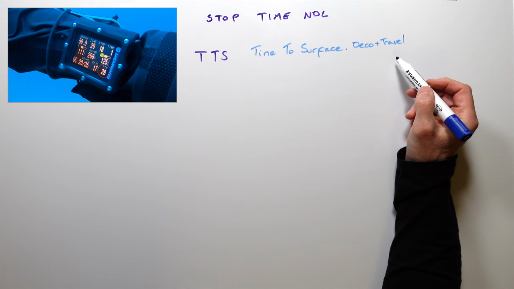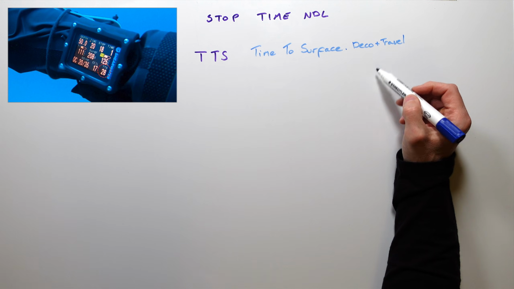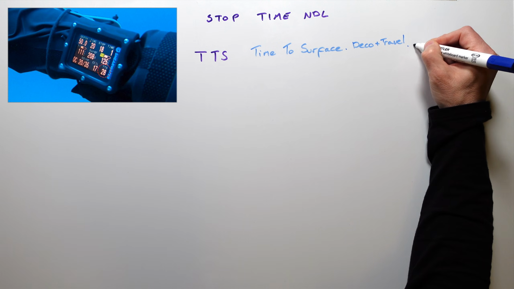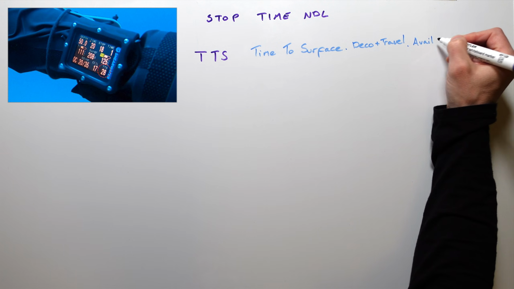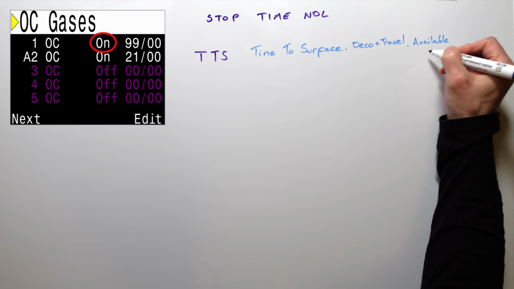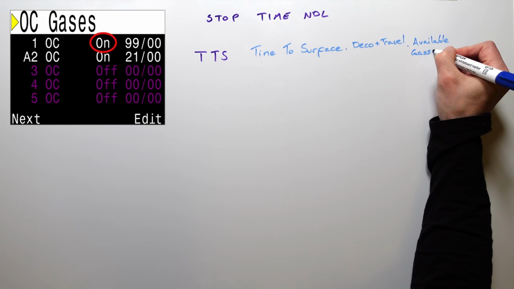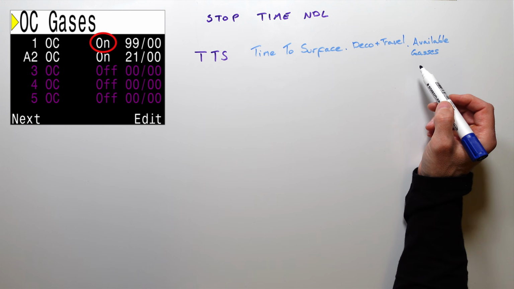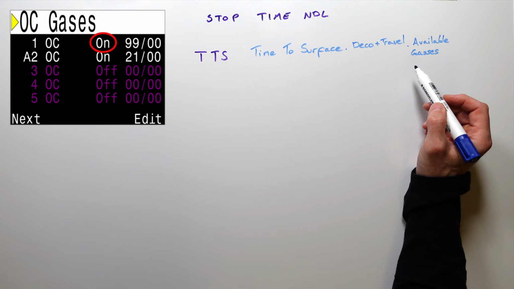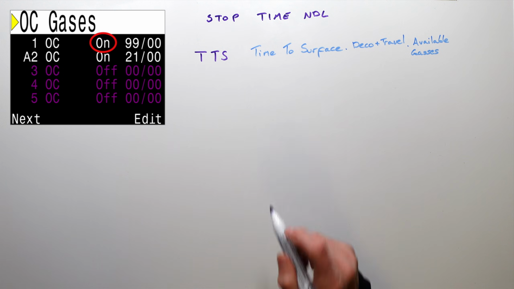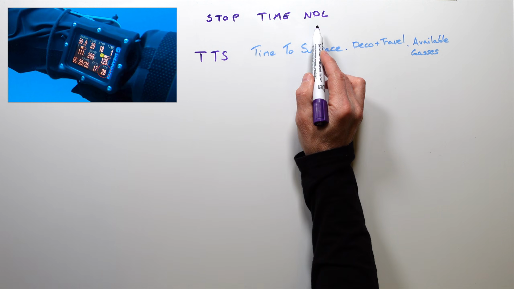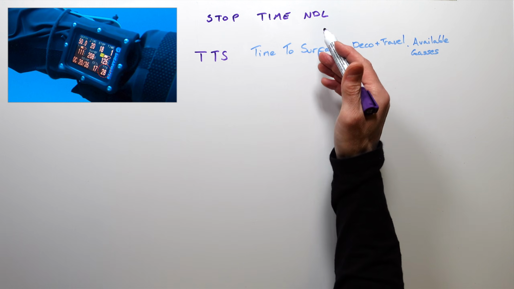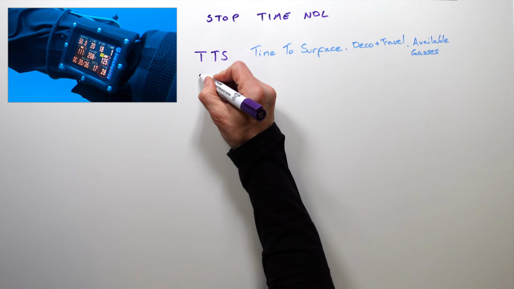So the computer is set for an ascent rate, and at the same time you have to remember to turn off the available gases. If they're defined, the computer is going to assume that they're there. So you need to make sure you only have enabled the gases that you need. Again, when the NDL has clicked off and you've now gone into decompression, there's no need to see the NDL. Instead, that's typically replaced